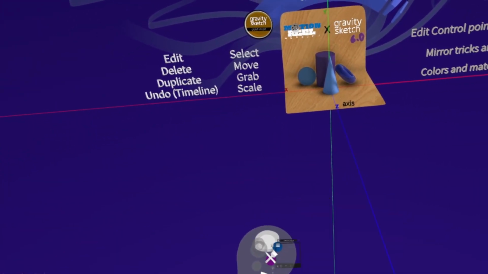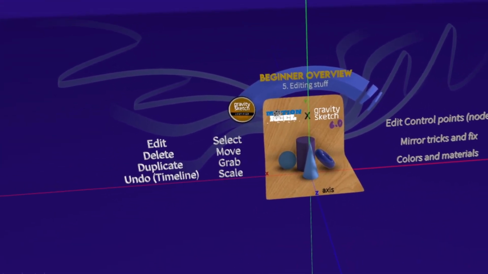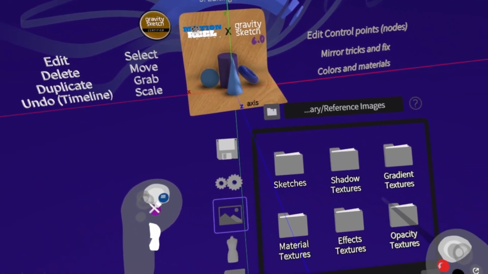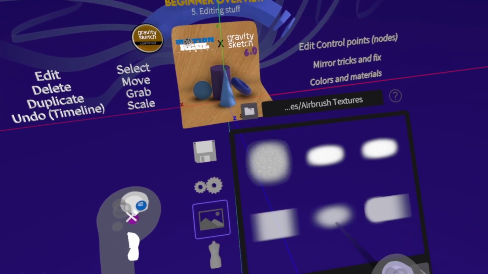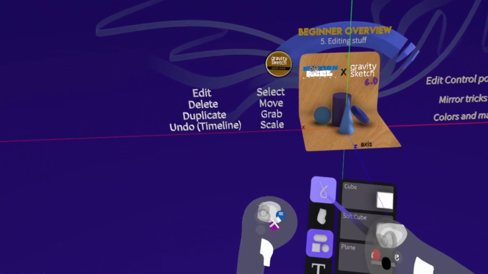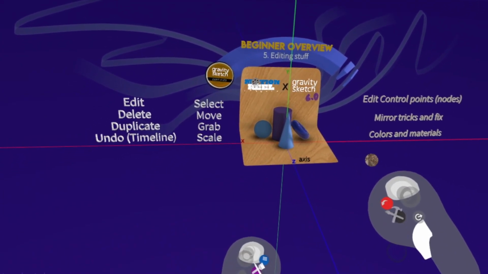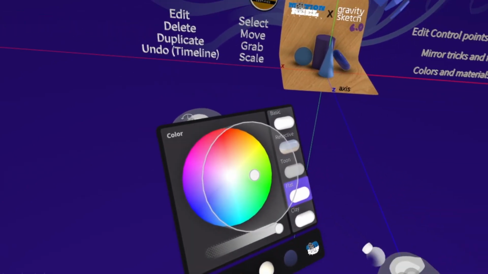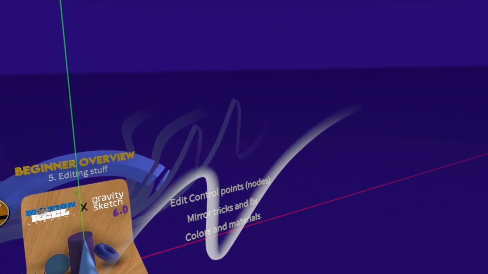There's one more thing I want to show you real quick, and that's the airbrush. You can see behind the stage I have some airbrush lines set up. To do the airbrush lines, you have to select the airbrush textures right here. If I select one of these, I take this, I bring it out on the stage, delete it. Now if I go to my ink tool, for example, or my stroke tool, I select this airbrush texture, and I start to draw with it,